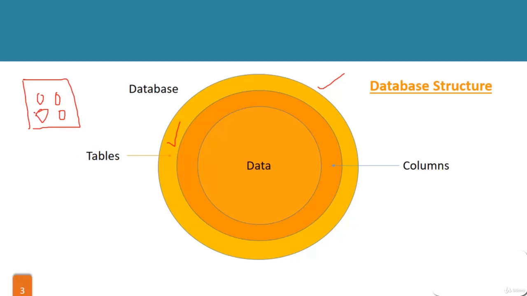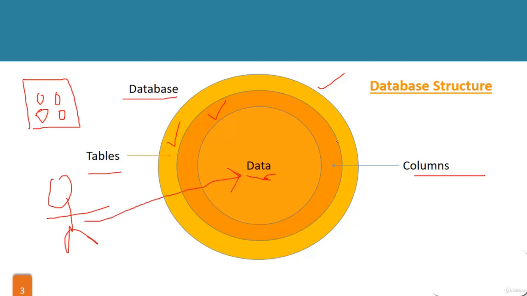Inside tables we have columns. So inside each and every table we have columns. For example, if student is a table name, then in student I can have the student name, student roll number, right? So these are called columns, and columns are inside tables. So this shell is called columns. The outer shell of columns is called the table, and the outer shell of the table is called the database. The innermost shell of the database is called data, and this is what is needed. Basically, if an attacker tries to attack the database, he actually needs the data, right?